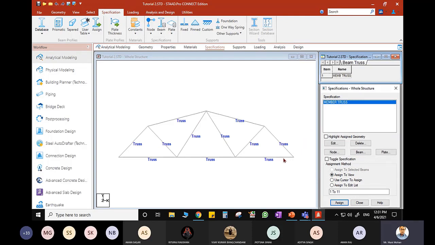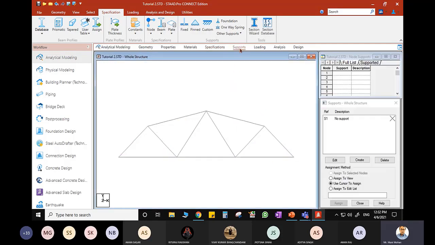So basically when I define truss, it simply means that these members are going to carry only axial load. There will not be any shear force, there will not be any bending moment. And some of you please see, you don't apply this member truss and see how the result changes. You can check how the result is going to change if you don't apply this specification. So this is the specification which I have applied for this truss structure. I have defined all the beam elements as what? Truss.